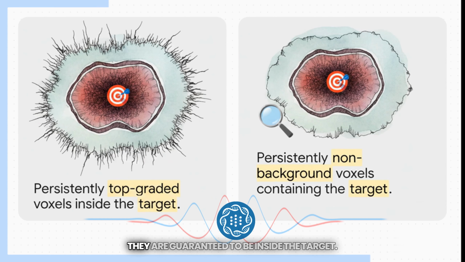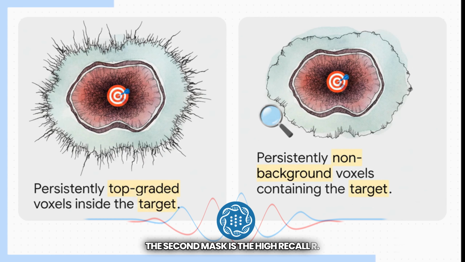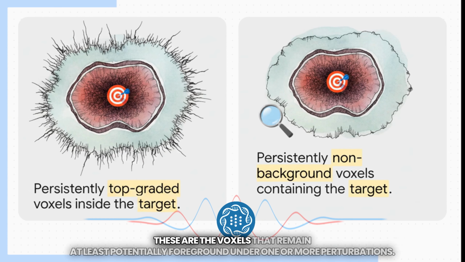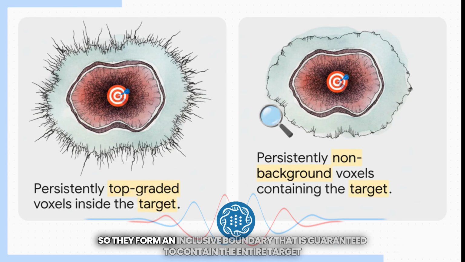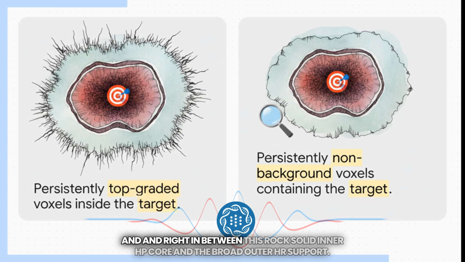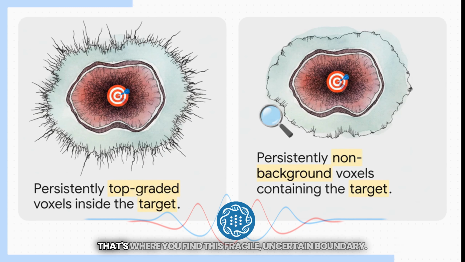They are the core. They are guaranteed to be inside the target. The second mask is the high recall or HR support. These are the voxels that remain at least potentially foreground under one or more perturbations, so they form an inclusive boundary that is guaranteed to contain the entire target. And right in between this rock-solid inner HP core and the broad outer HR support,